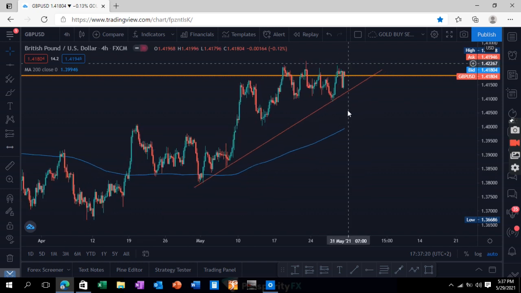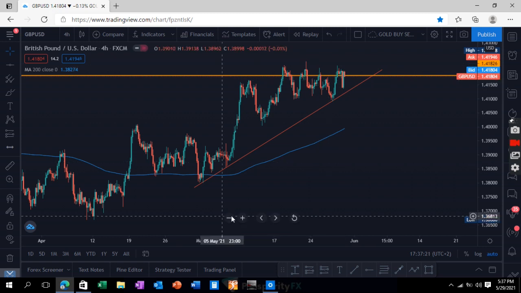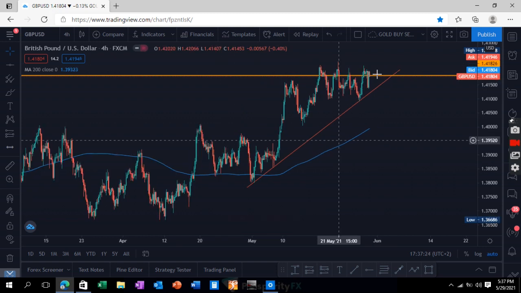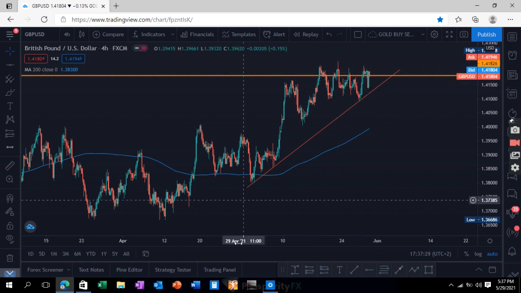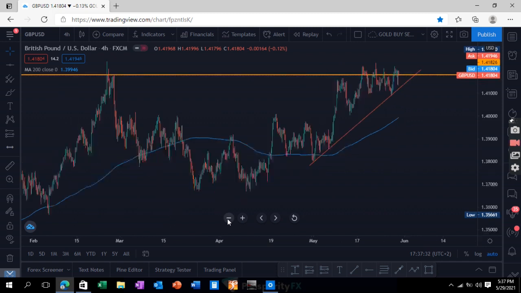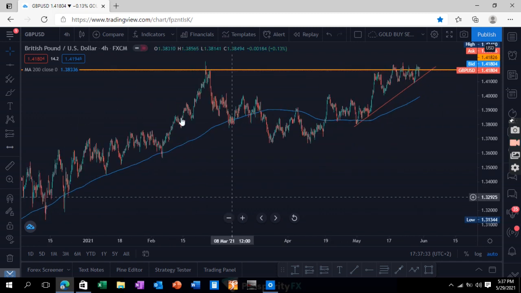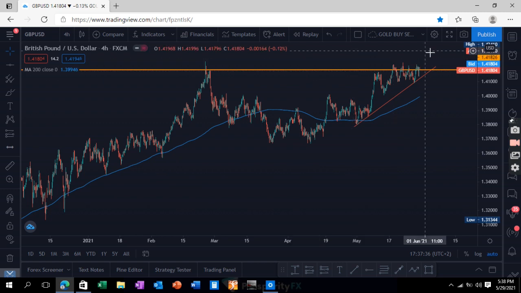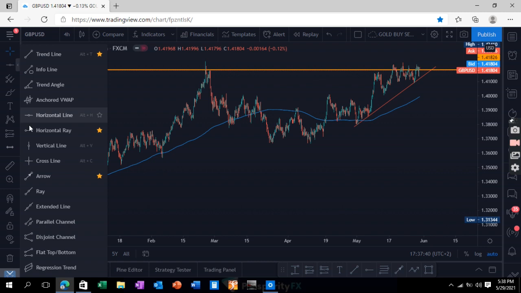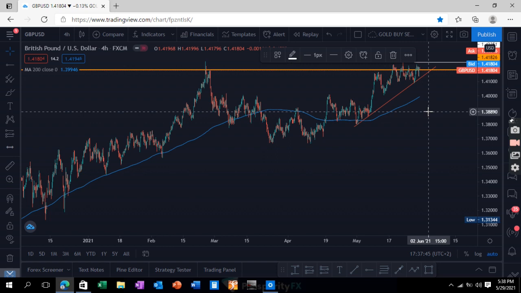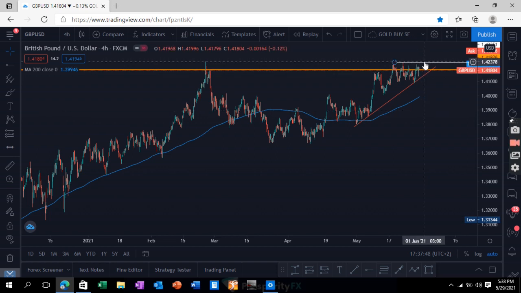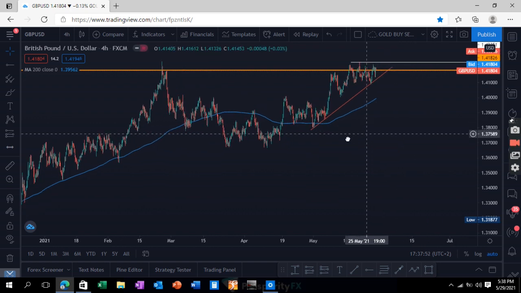And I think you can see something happening here. Therefore, here I won't take the trade until I see price breaking and closing above this area, closing and breaking and closing above this resistance. And if we can have something like this somewhere there, let me show you. If we can have price closing above this area here, I think I'll be interested in the buy. If price can close above this area and go up somewhere there, I think I'll be interested